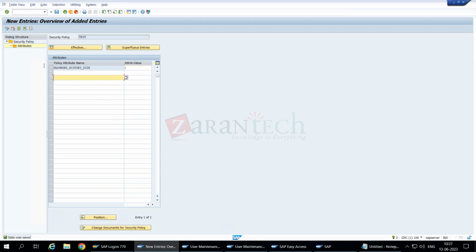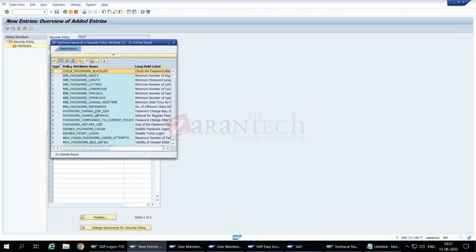This is overwritten, and now this particular user with the security policy test can still do this. Another real-time example is that you can block users using security policy, for example disable password logon or disable ticket logon. So if you set up logon and disable it from here, or in the default values, if you disable the password logon, for an example,